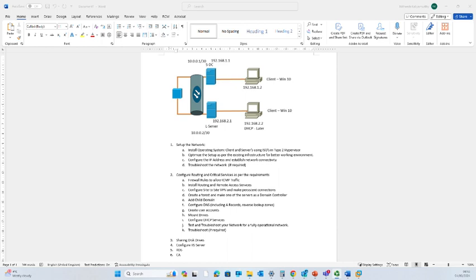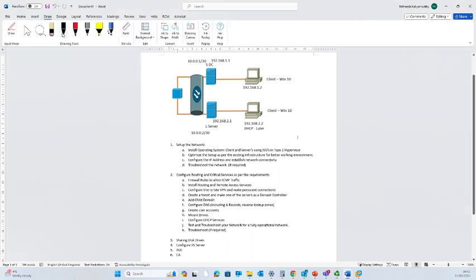And this topology comprises a server and a client and two networks similar to that. So if you can see here, this is a server. We are going to use Server 2022 for this, and that server is connected to a client here. It's a Windows 10 client. In the same way, we have another Windows Server 2022, which is connected to another client. So here, if you can notice,